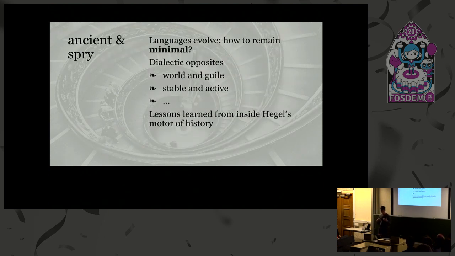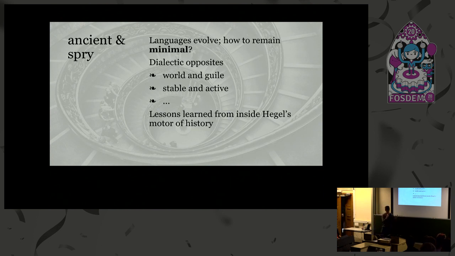And so how do we remain minimal over time? And in the context of Guile, what are the tensions that operate, and how do these tensions turn the crank of history, moving Guile forward to a newer and newer state in time, right? And is it going forward or backwards? But it's certainly developing. And so I see the tensions as the problems in the world, like the web was not a thing in 1936 or whatever,